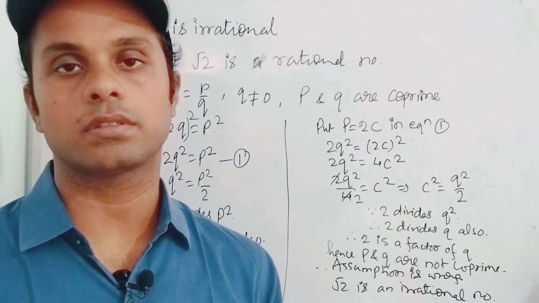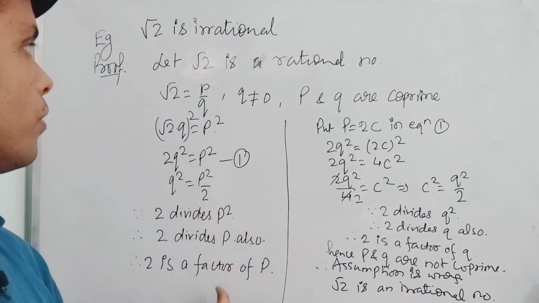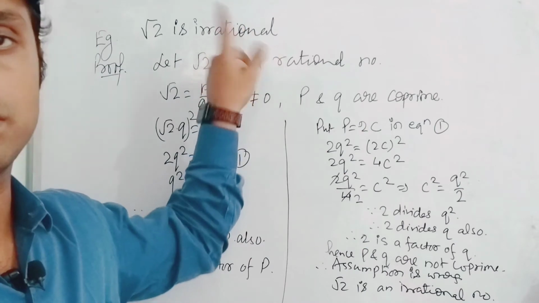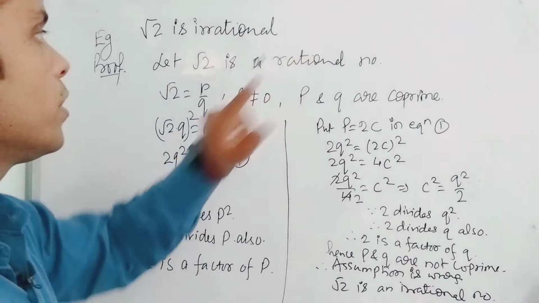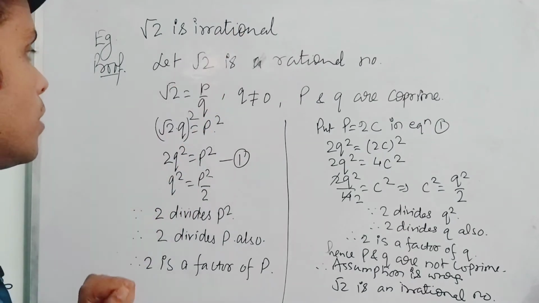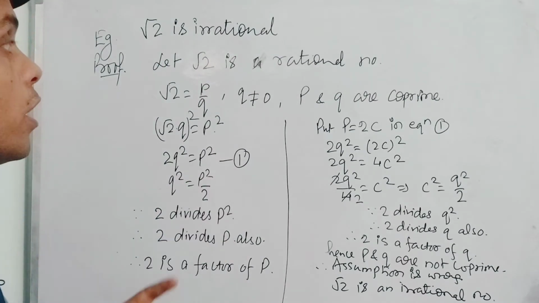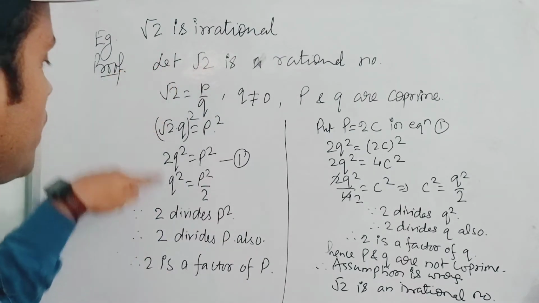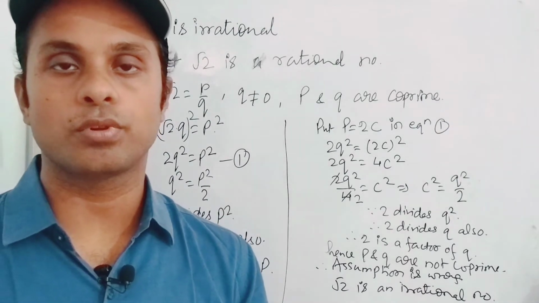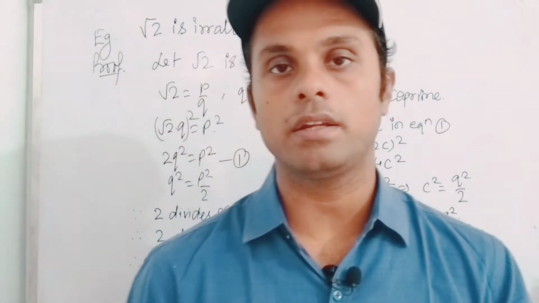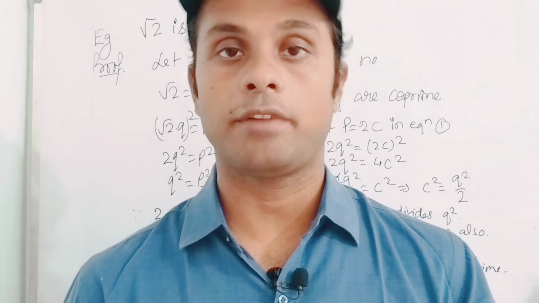and this type of numbers irrational. Okay, so this is the way you can prove a number irrational. In a similar way, here we have proved root 2 is an irrational number. If you are asked to prove root 3 is an irrational number, so what to do? Just replace 2 everywhere by 3. If someone asks you to prove root 5 is an irrational number, then what to do? Just replace 2 by 5.